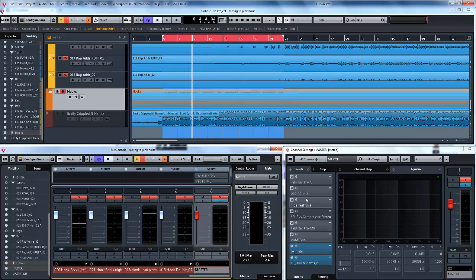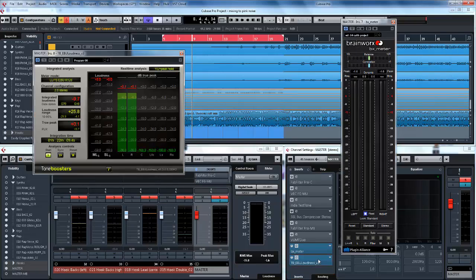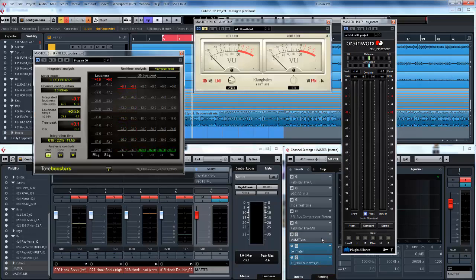This is the insert for my master bus. I've arranged it like this so you can see the metering in the middle, the PPM meter here. In other words, I'm going to calibrate all of these together, including the BX meter, the loudness meter, the VUMT duo, when the time comes for that,